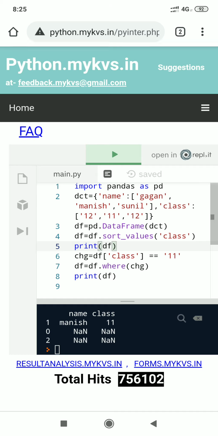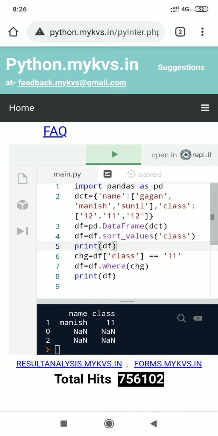Then we modify that data frame with the help of the sort_values method to sort data according to class in ascending order. By default it will arrange in ascending order. If we want descending order, we have to pass a second argument to sort_values, ascending equal, and inside square brackets we mention true or false, true for ascending order and false for descending order.